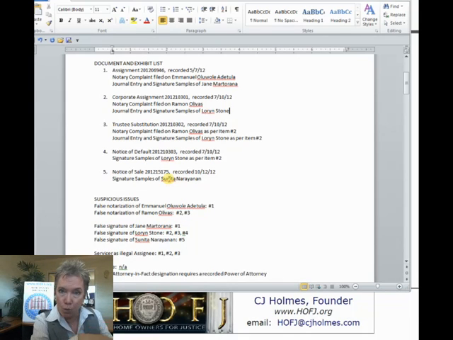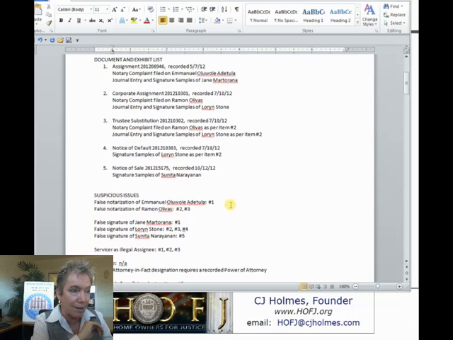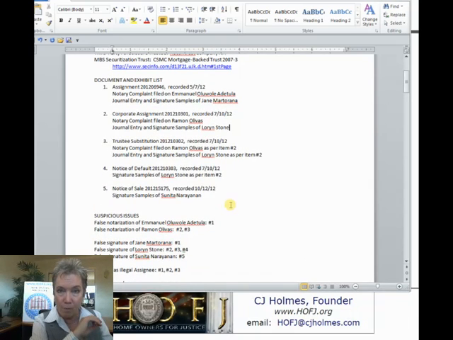So this is why I'm saying it's an owner checklist. They can go, oh, this is what I need to do. I'll go do the notarizations over here, and the signatures over there, and I can use this as a checklist. And then, of course, servicer as illegal assignee. Anything that uses Bank of America as a successor by merger to BAC Home Loans Servicing is illegal. That would have been the first assignment, which got that beneficial interest, and then every time it was used again. It was used here, and actually in the notice of default, but only as a reference. Actually, that was Recon Trust, I believe.